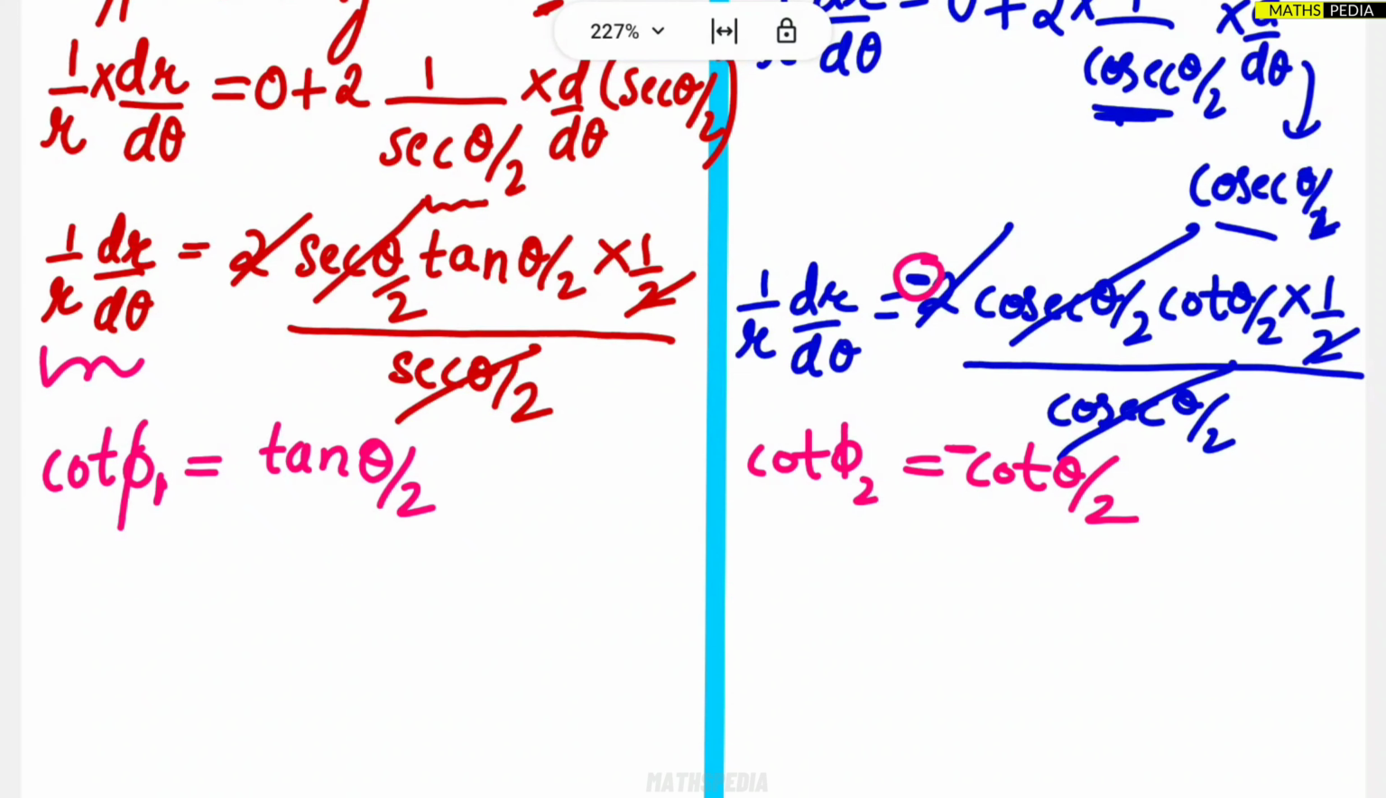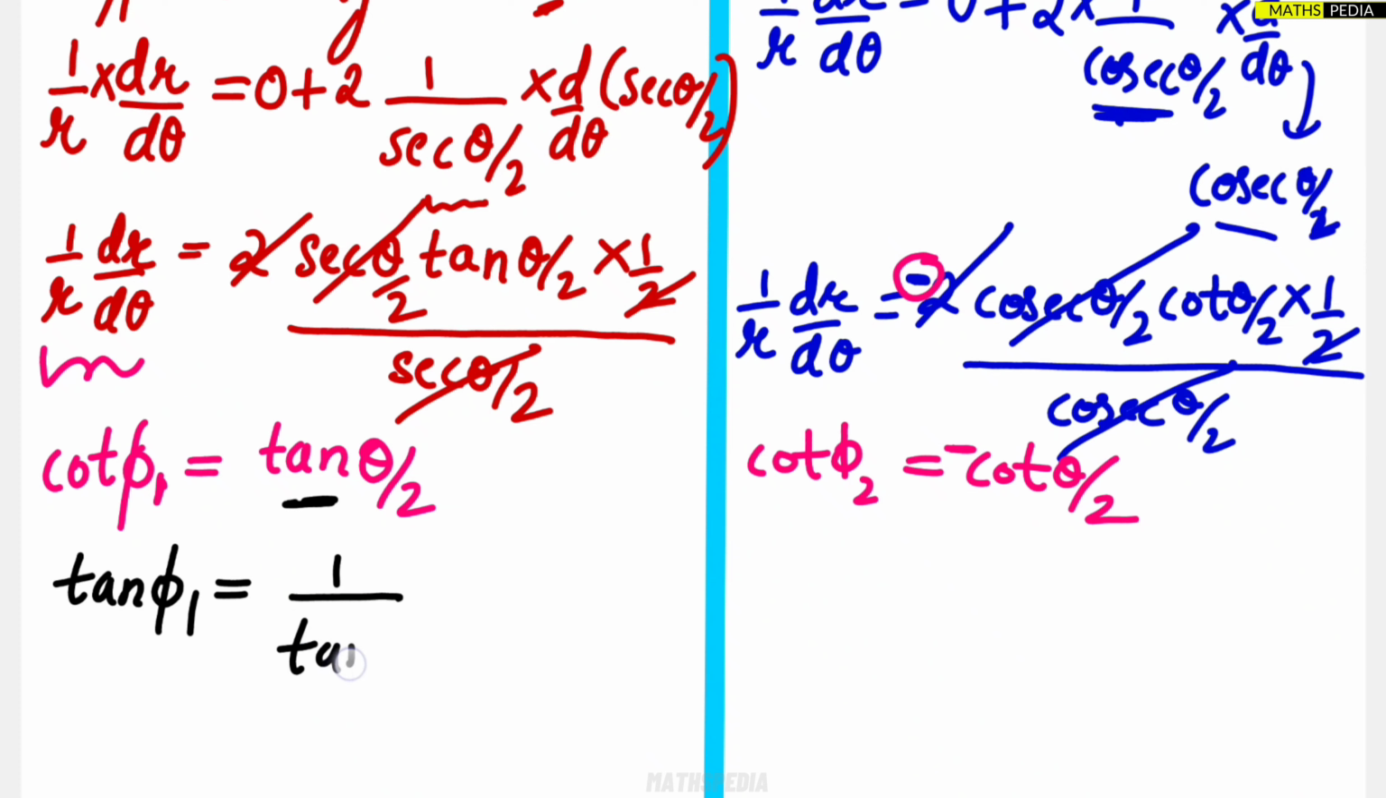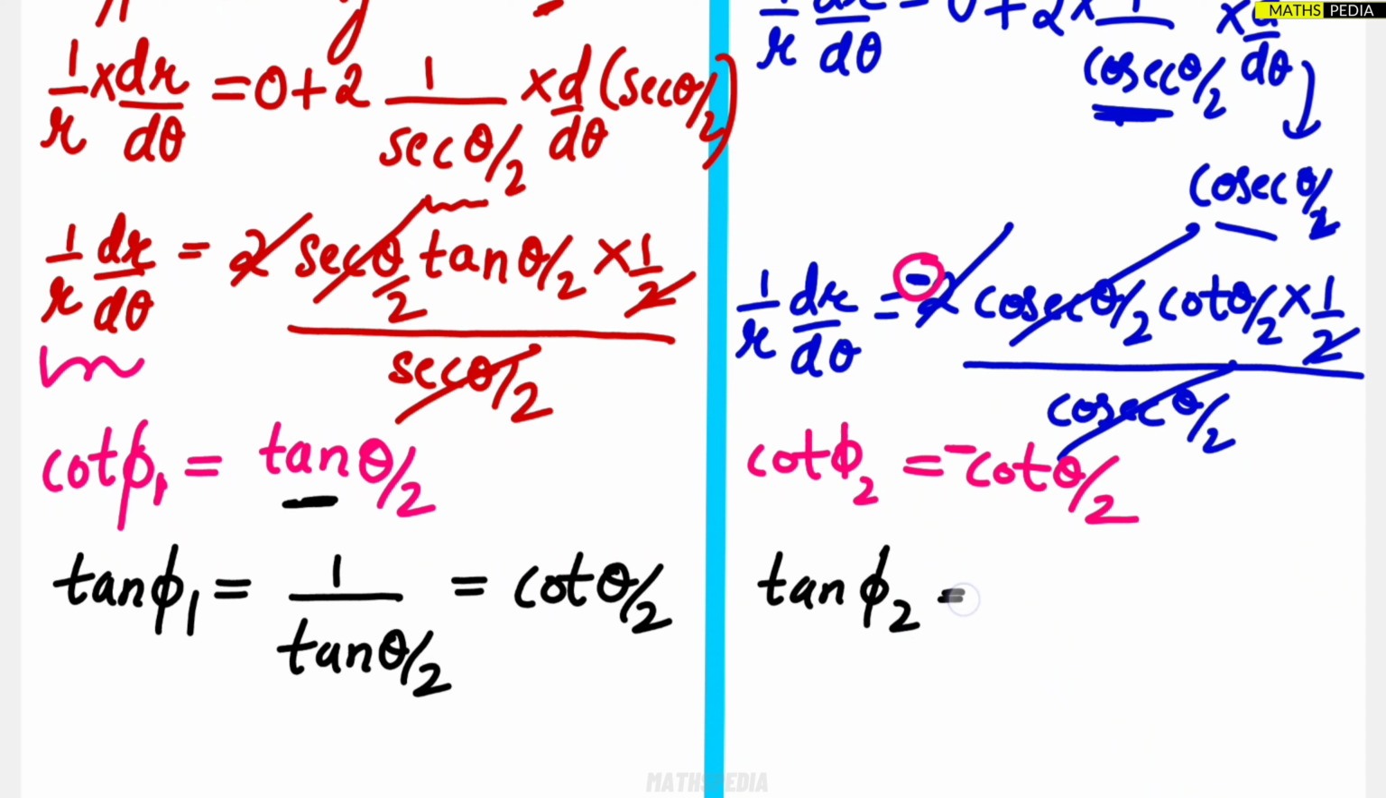So what happens? I will apply the first method, tan. Tan is nothing but the reciprocal of this. So tan phi 1 will be the reciprocal of this particular thing, so 1 by tan theta by 2. We can write it as cot theta by 2, because the reciprocal of tan is cot. Next, if you take tan phi 2, the reciprocal of this becomes minus 1 by cot